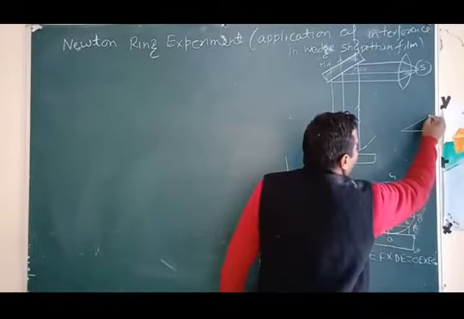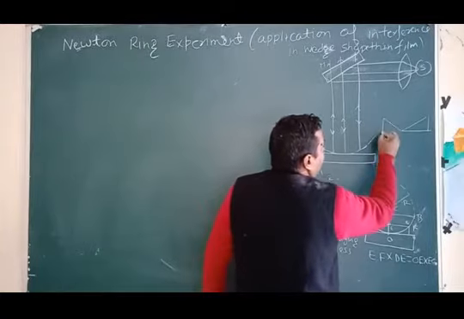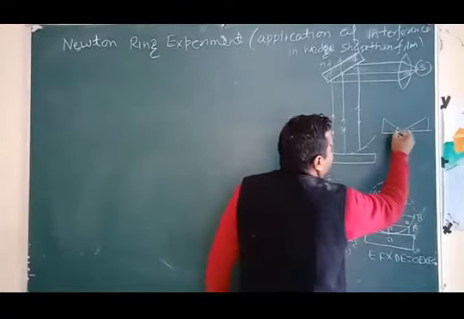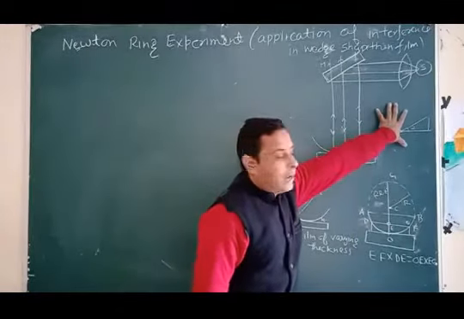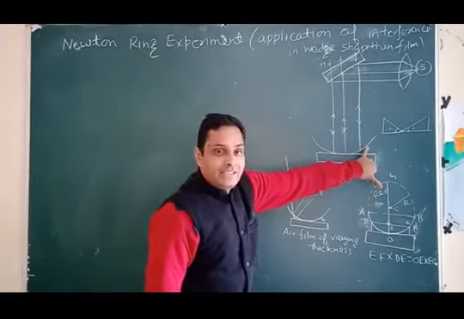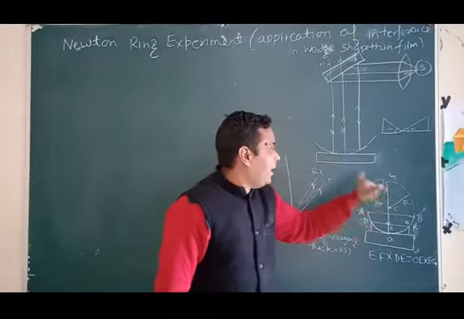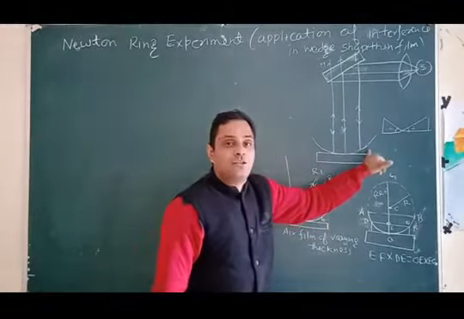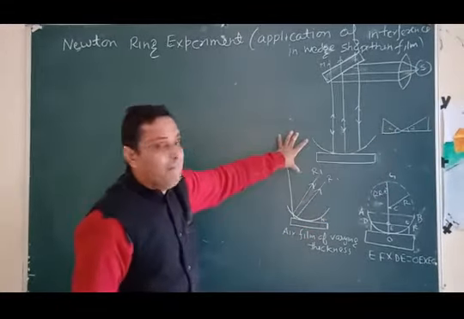In the last lecture we plotted this one and this, on both sides this is alpha and this is alpha. So this is the application of interference in the wedge-shaped thin film. Same thing is here. From the center, the thickness varies on both sides, gradually increasing. So this is basically a wedge shape.